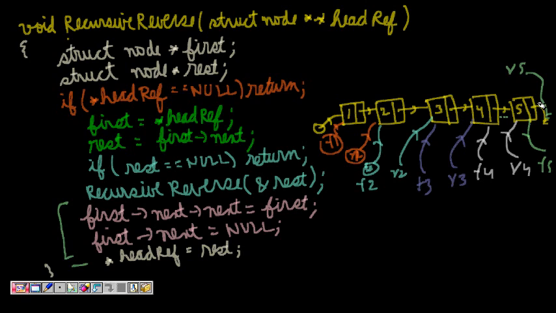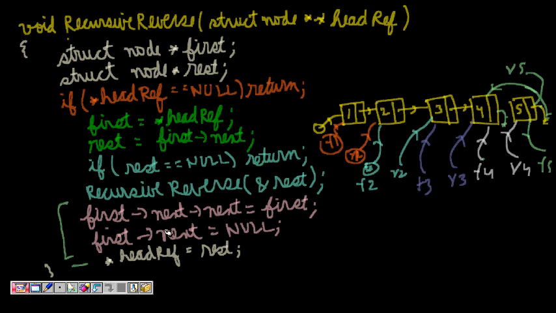So I am now doing the reverse. So let's see. So first is F4, first next is equal to first, and first next is equal to null. So let's see. So this now becomes null. So this becomes equal to null and this becomes equal to first. So we have reversed the link,